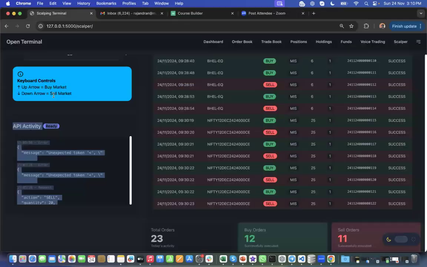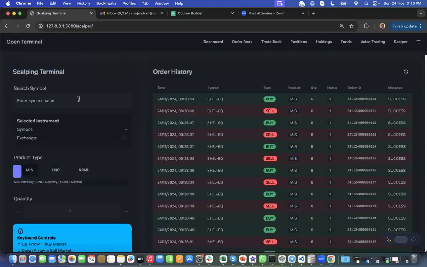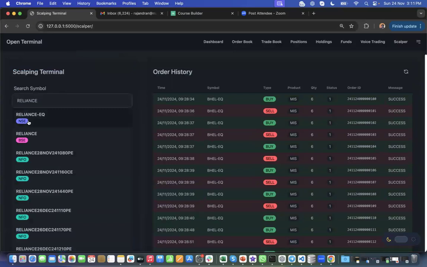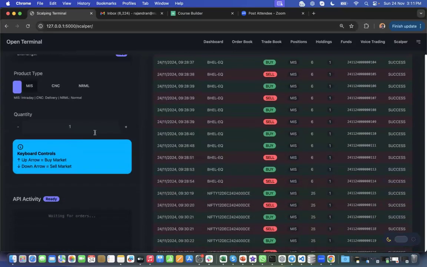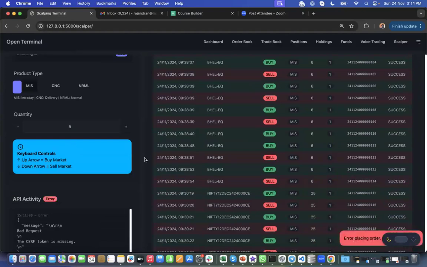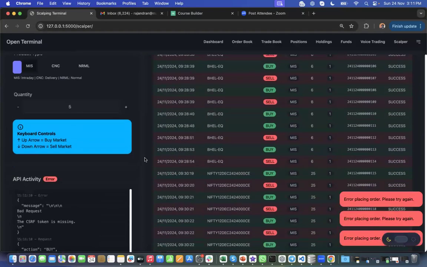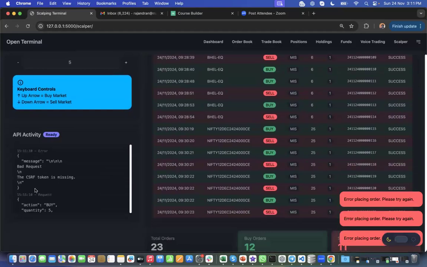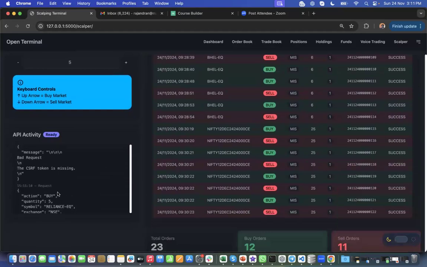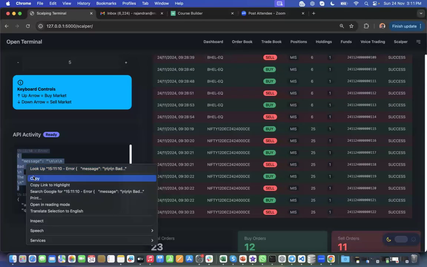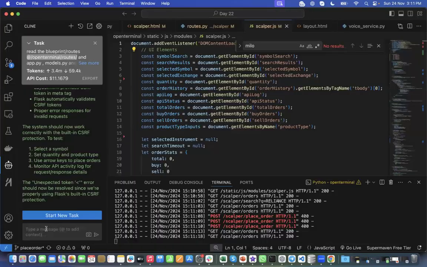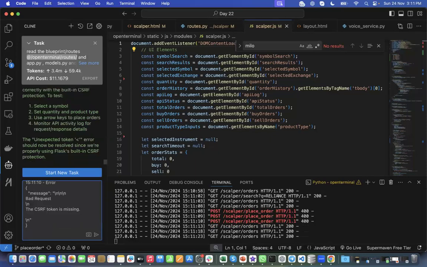Let's see, is there anything to check? Lanes, badges are coming fine. Quantity. And let's punch the orders. It's again facing an issue, and now it says CSRF token is missing. I don't know, maybe JavaScript. Can you check